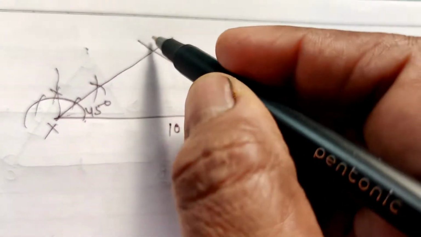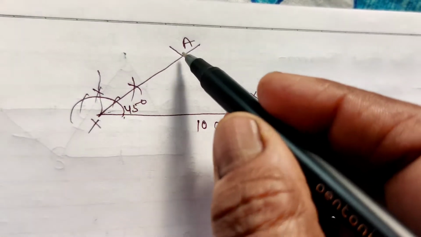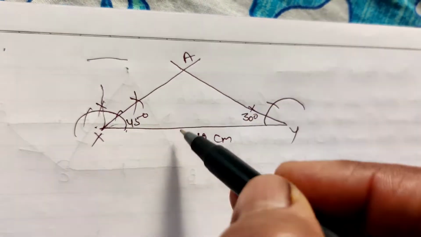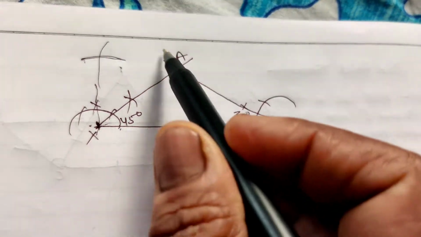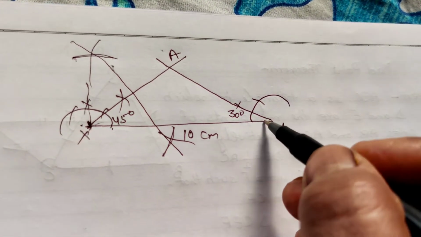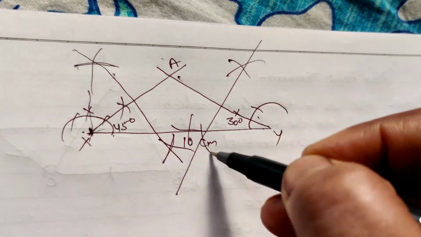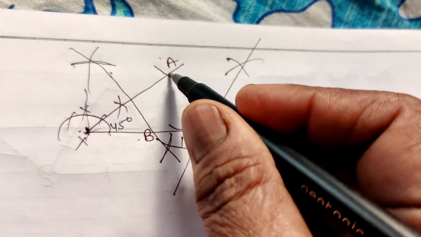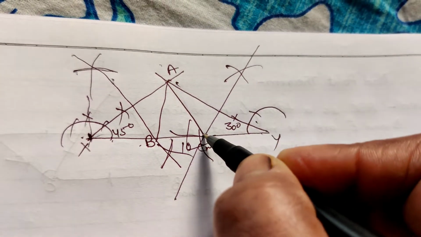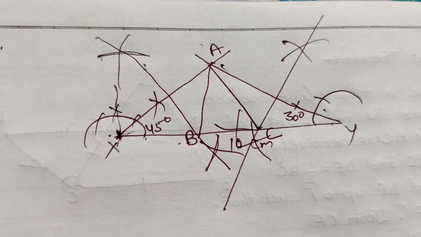Okay. The bisectors meet at a point A. This is the vertex A of the triangle. Now perpendicular bisect the line AX. From A cut an arc, and from X, from A, and now join. Same for AY, from A, from Y, and this is the perpendicular bisector. This point is B. This is C. Join ABC. This is the required triangle. Please see the construction. Okay.